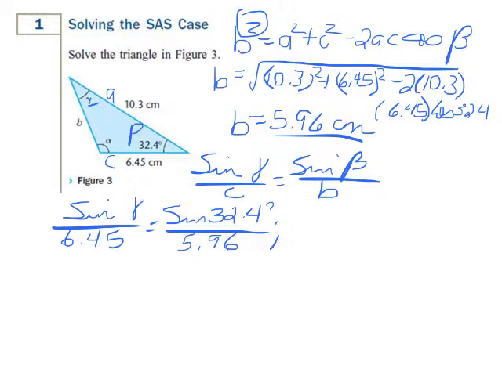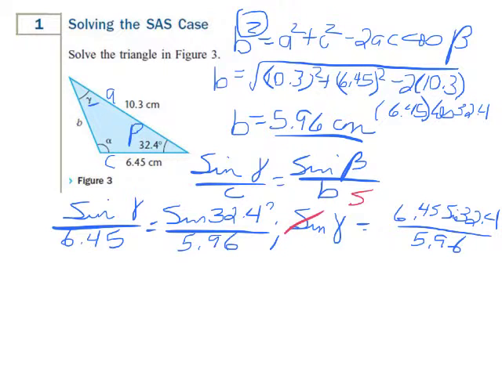So the sine of gamma is equal to 6.45 sine of 32.4 all over 5.96, but we want gamma, so let's do the inverse sine of this whole thing